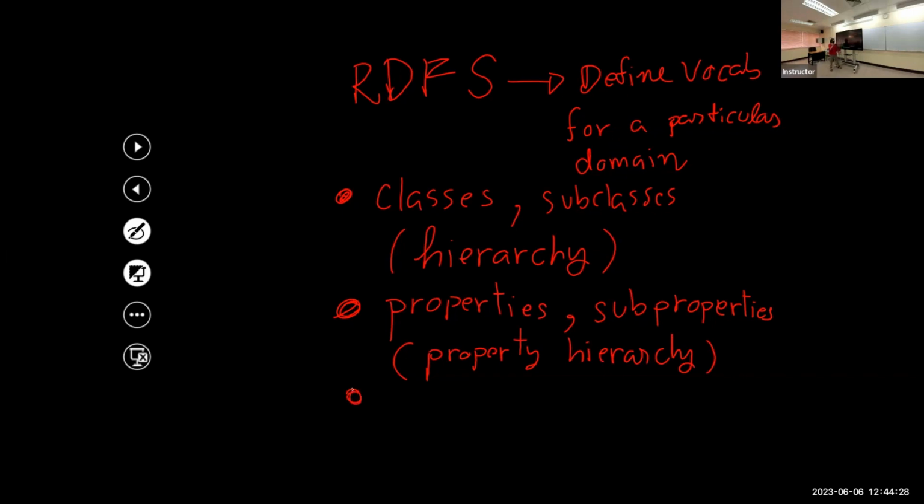And what else? With the properties and classes, you may want to define domain and range. You say that these properties are for person. These properties are for animal. These properties are for something else, right? You define the domain. And what are possible values of those properties, meaning that you are defining the range. Okay, so let's go back